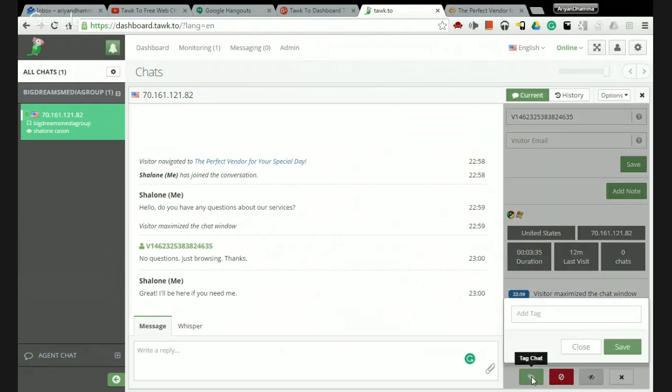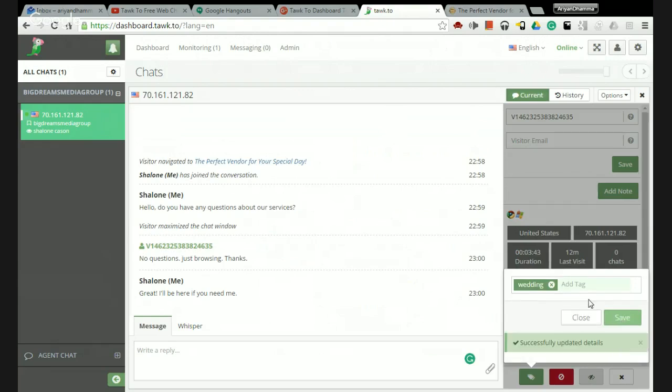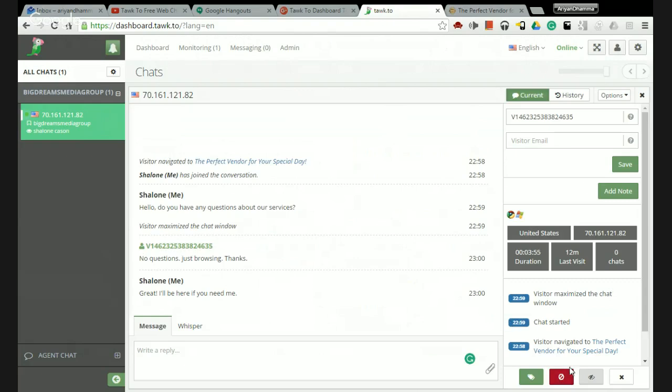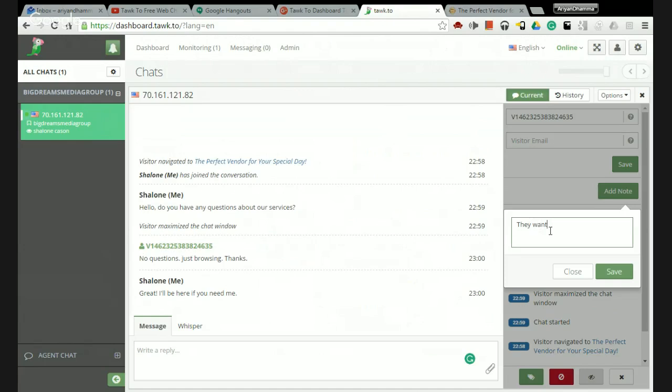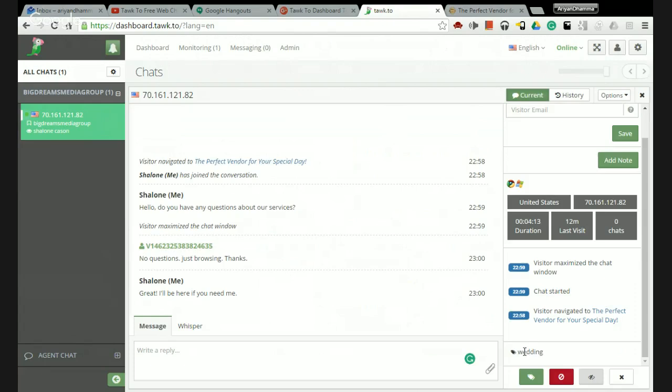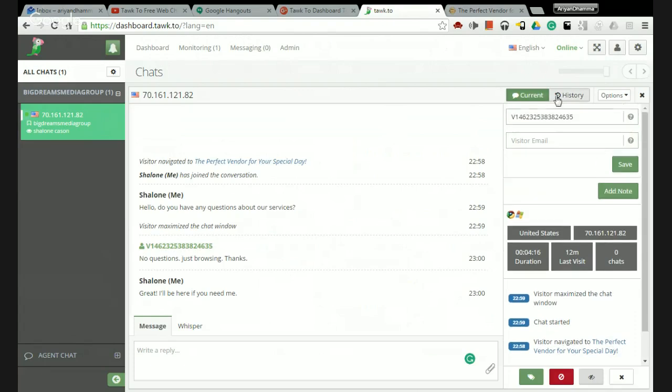You can also tag the chat and basically name it maybe wedding if this person is interested in a wedding. And you have a tag there, and just click close after you're done with that, and you will have a tag that you will be able to search later. Also, you can add any notes. They want 12 uplights, for example, and you save it and click close, and the note will be there. So here we have our tag wedding,